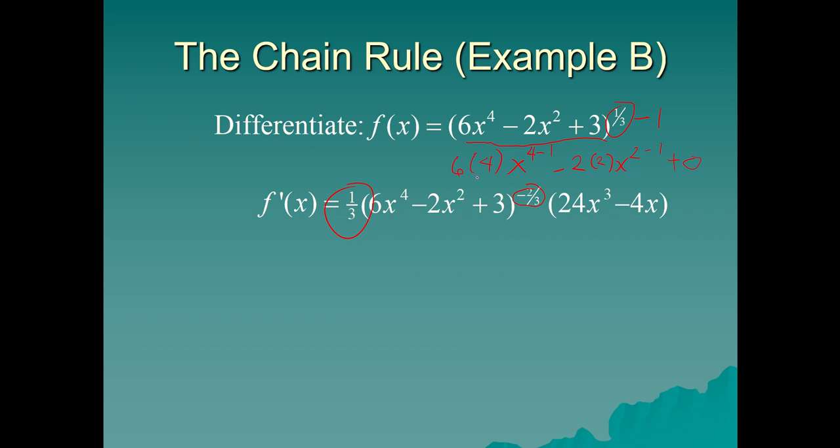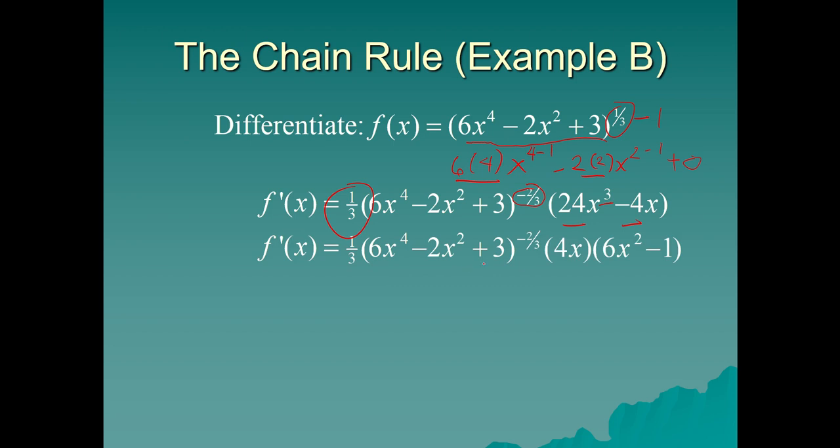To work on the simplification, 6 times 4 is 24. 4 minus 1 is 3 in the exponent. Then negative 2 times positive 2 is negative 4. The exponent 2 minus 1 is 1, therefore that's going to be x alone, then we're not going to write 0 anymore. To continue, we simply rewrite and bring down 1/3 at the same time the inner,